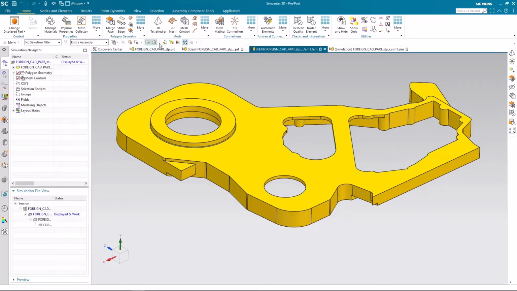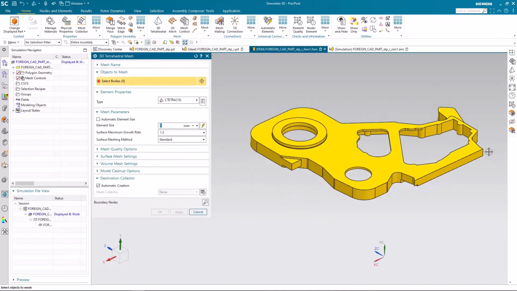Here you can see that right now we are in the FEM modeling environment, where we have different tools that can help us mesh our CAD geometry and prepare our FEM model. This hierarchical structure explains that this is our original CAD part, this is our idealized part, this is the FEM model which contains the information about mesh and material properties, and this is our main simulation file. So let's create a 3D mesh